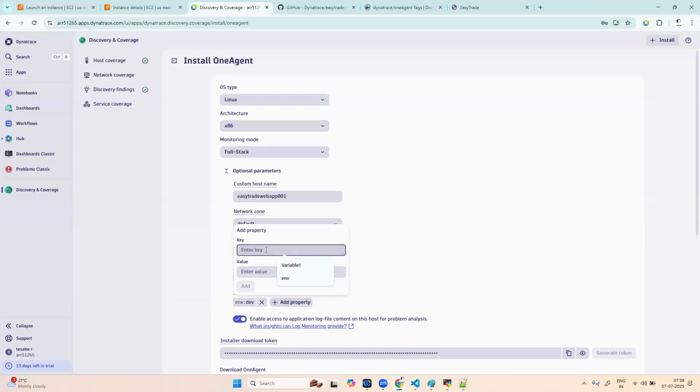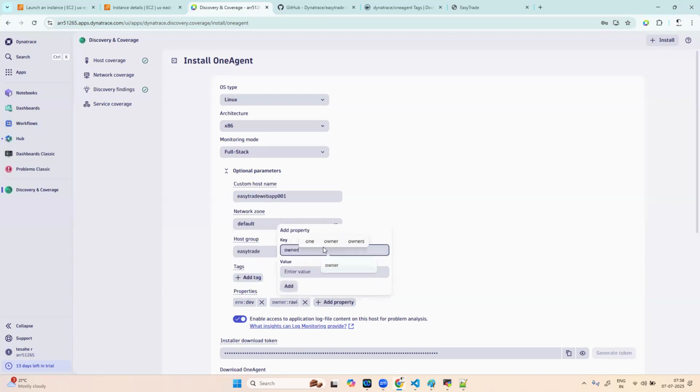Now suppose who is the owner of this application? Ravi, something like that you can add, owner underscore email. You can add apm-dt@outlook.com, something like that, so that if something happens to this application, this host,